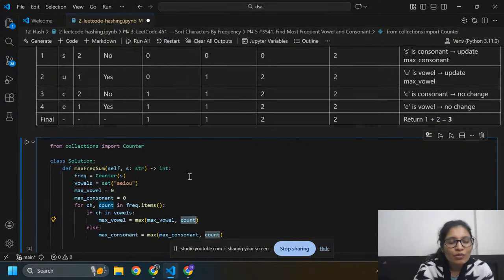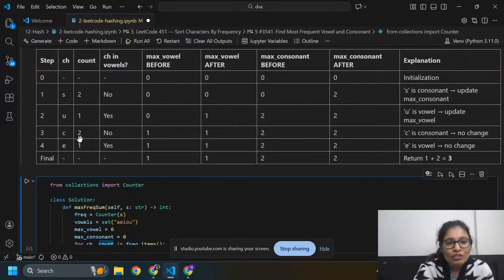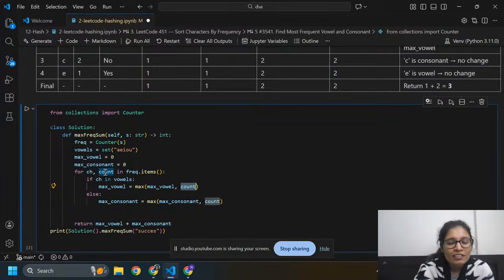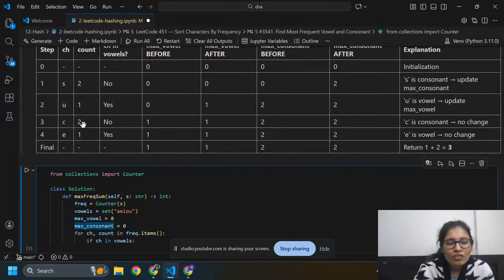Again I'm going to check with c. ch equals c and its count is 2 in frequency.items(). Yes. So ch in vowels, no, c is not present in vowels, so we execute the else condition. Here the count is 2.